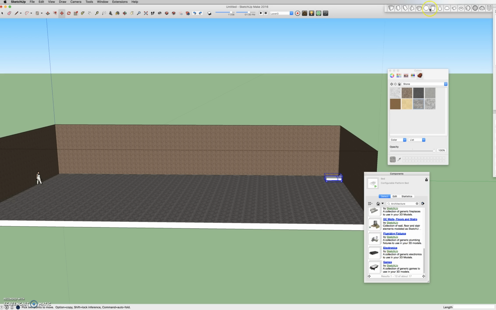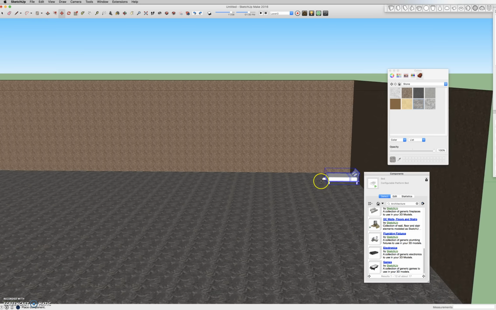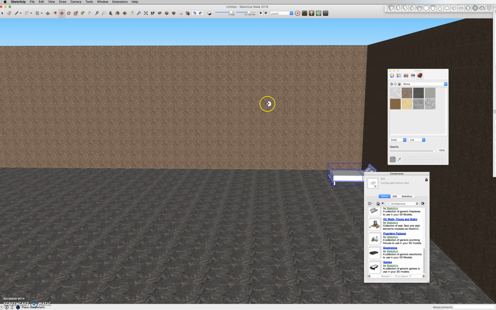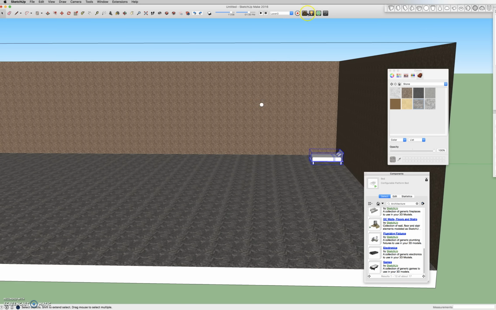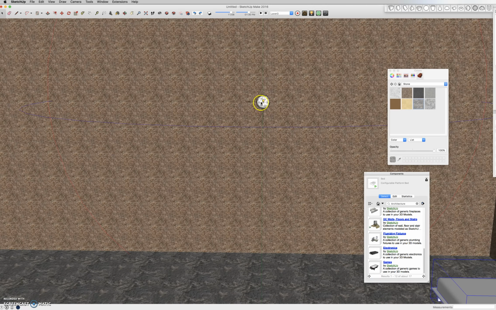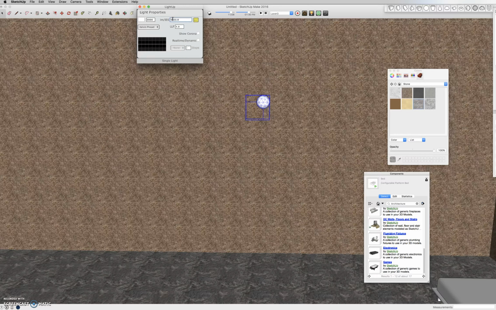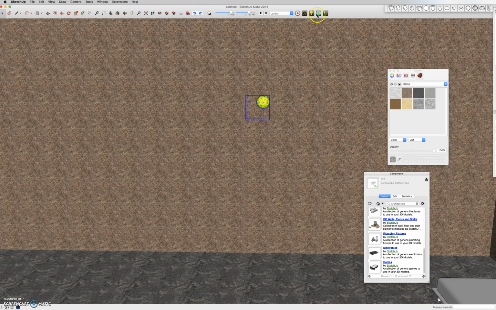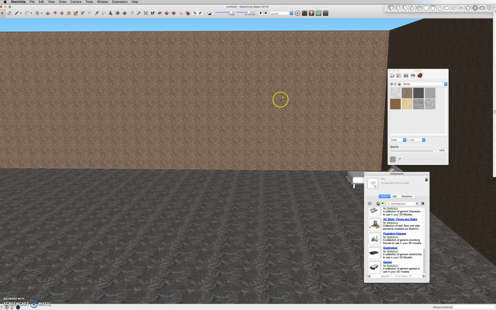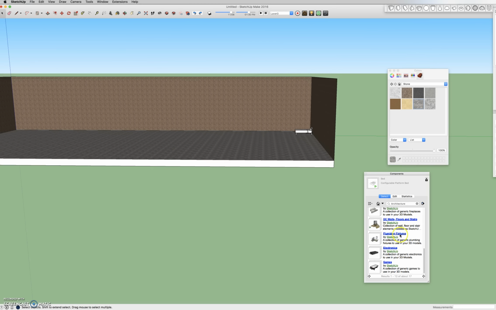And like the shapes extension will give you this little shapes toolbar, and I can add these shapes into the model. Like if I wanted to add something like this on the wall. And then if you have LightUp, just a quick LightUp tutorial, you can hit the LightUp query key, click it there, click it again, and then use this for the lumens, how bright you want it, whether or not you want it to show a corona, which makes it look like a little sun, what color you want the light to be, and then you can hit go and render, and it'll render it, and there are LightUp tutorials for that. Alright, so back to